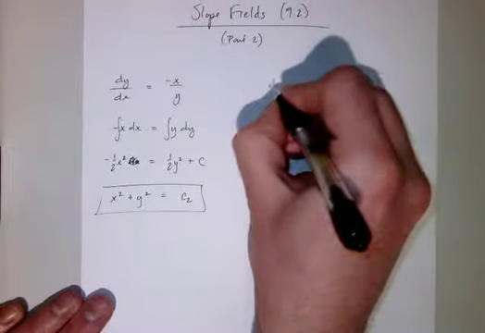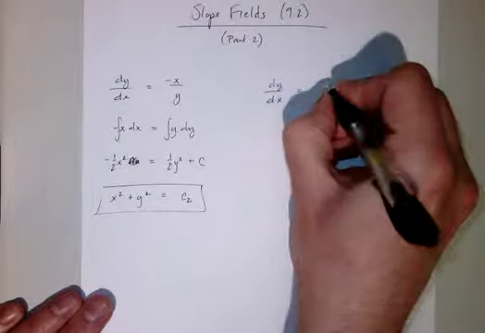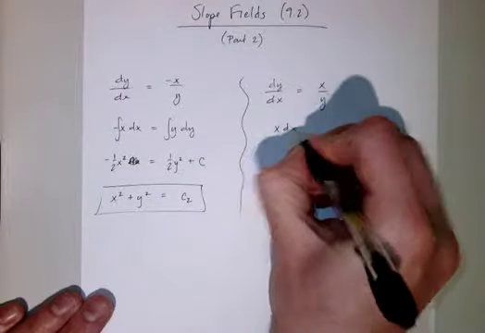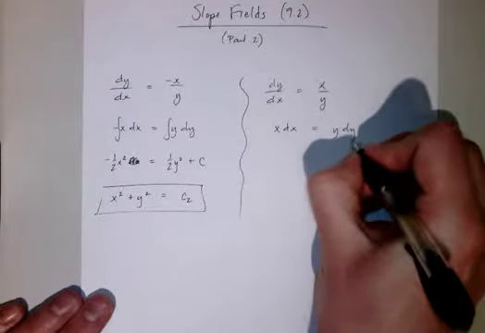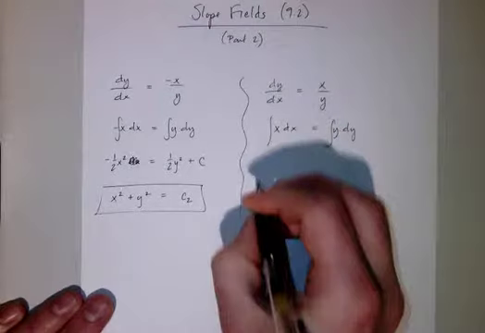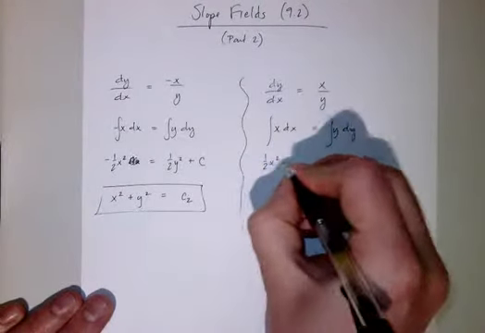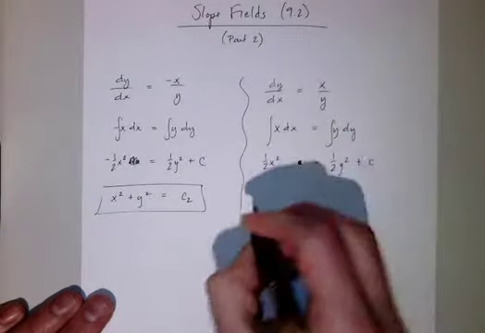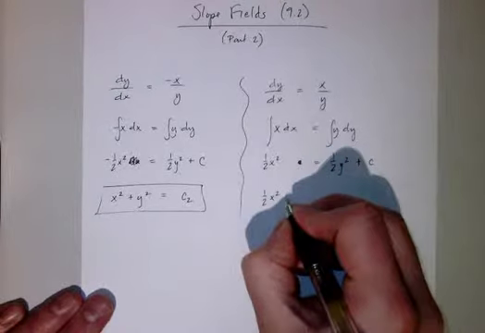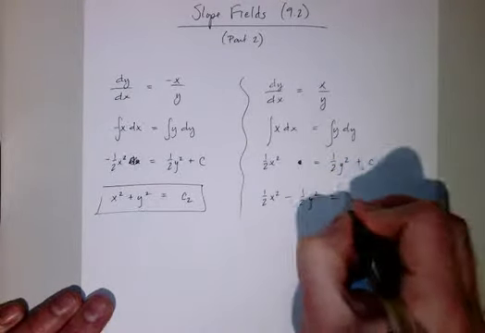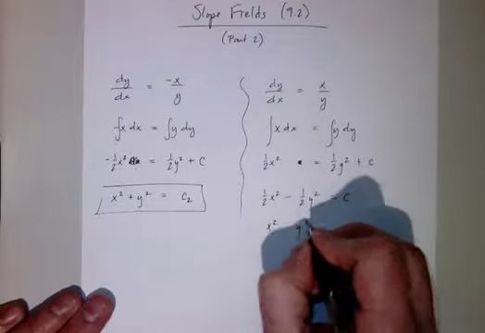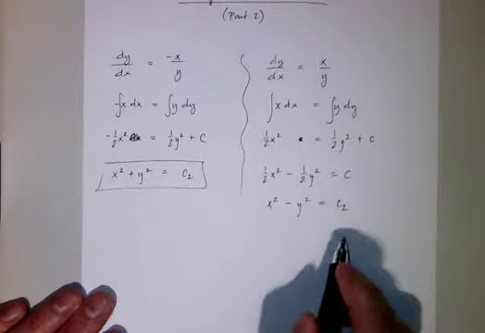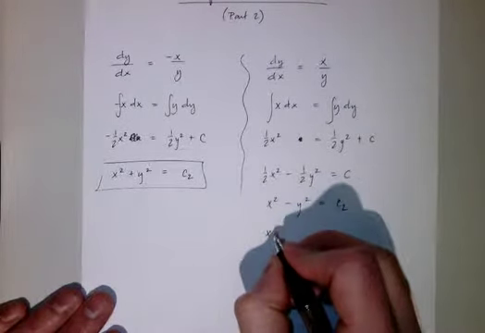Well, the only thing that happens here, it's exactly the same move if I have x over y, and it winds up being x dx is equal to y dy. Integrate both sides. I'm going to get 1/2 x squared is equal to 1/2 y squared plus c. So I have 1/2 x squared minus 1/2 y squared is equal to c, or x squared minus y squared is equal to c2. Or if I multiply through by a negative,